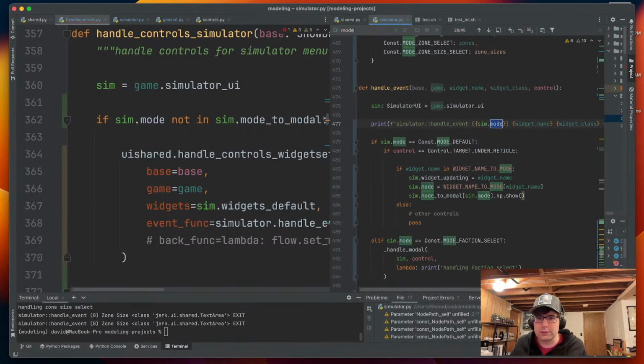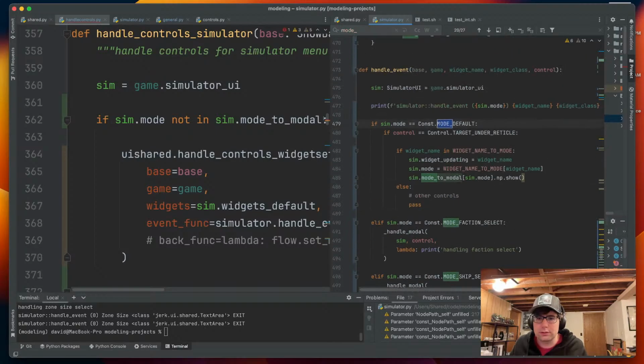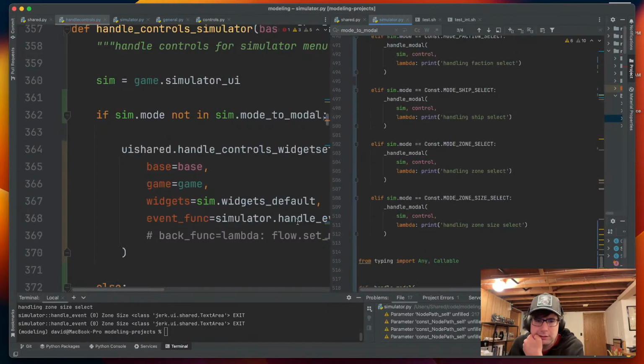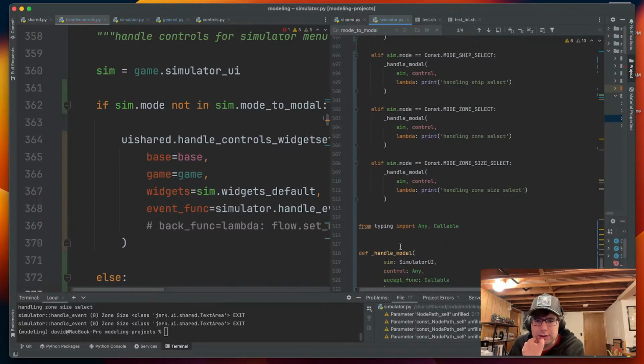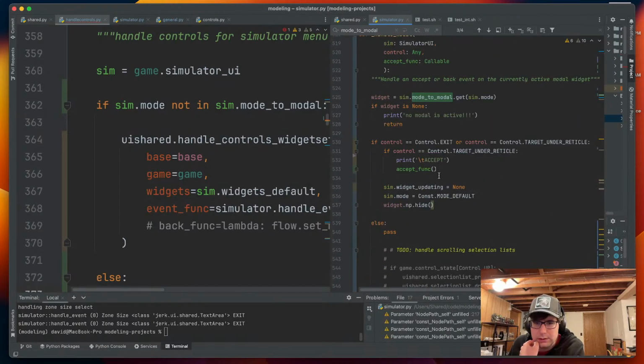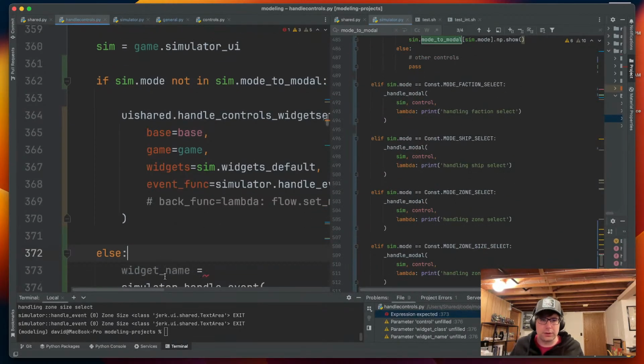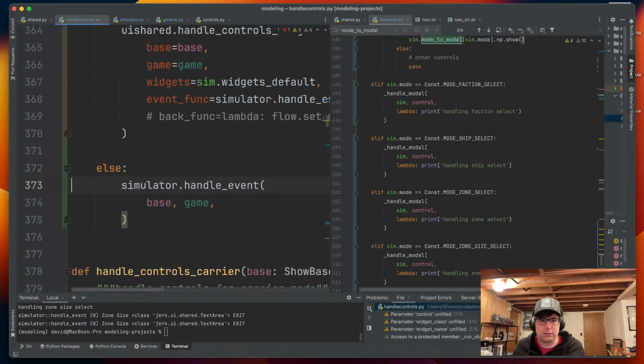Let's see, here it is. Mode to modal. The actual widgets, but I want the name here. Actually, I think I already know this because of widget updating. So I think we can just call this with